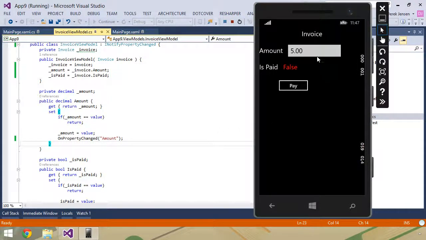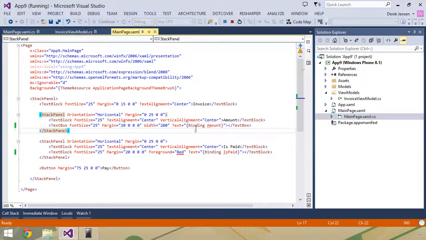Aha, so now we have $5 listed in our amount text box, and false is still here because that is the default, but it is also the value of our invoice isPaid. And we've done all of that without explicitly putting anything into our XAML file to say what the value of this is going to be.